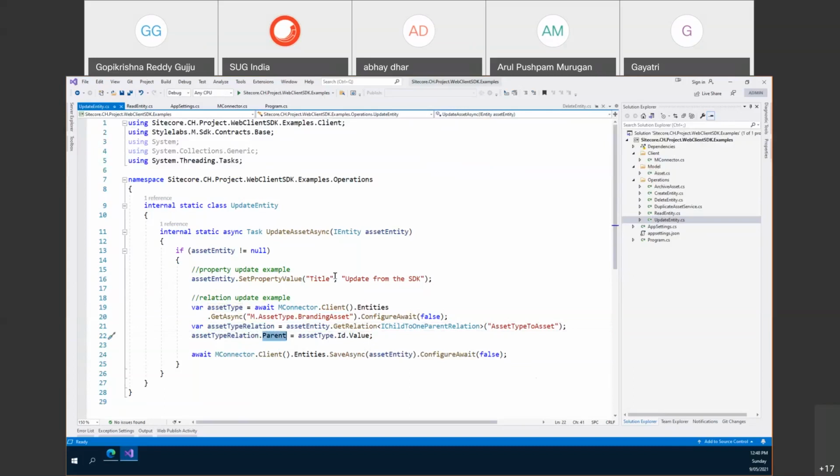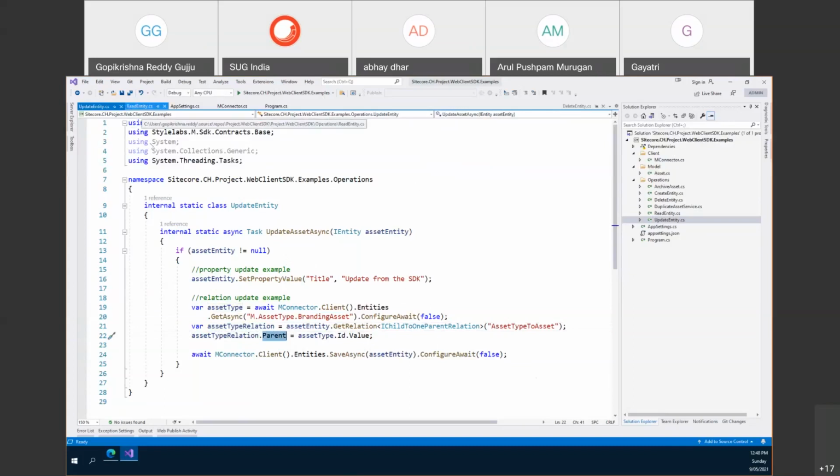You would see a lot of async operations here because the Webclient SDK is full of async operations. So you need to know a little bit; if you haven't worked on it, or even if you have worked on it enough, just refresh your async await and task in C#. Otherwise it would be a little confusing. Everything is task, async and await. So awaiting results.